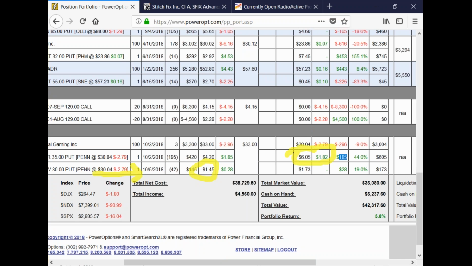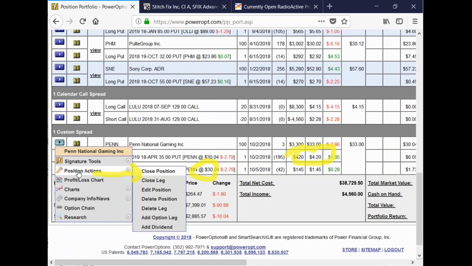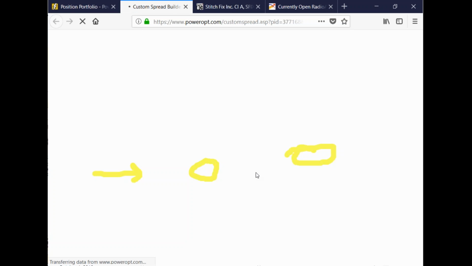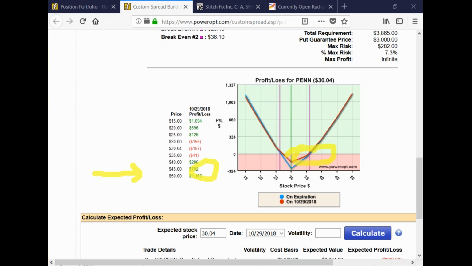Okay. Yeah, Sam says, just to give you an idea of the straddles we're talking about, he was in Nike for 3 weeks and he was in Stitch for 2. Okay. But just go into this position and the management, as we're talking about, with the married puts, with other positions as well, following the trend line, that 7.3% is the worst case scenario at November expiration, as I mentioned. So what happens if the stock starts to recover and we start seeing it go back to 31 or so? What am I going to do?